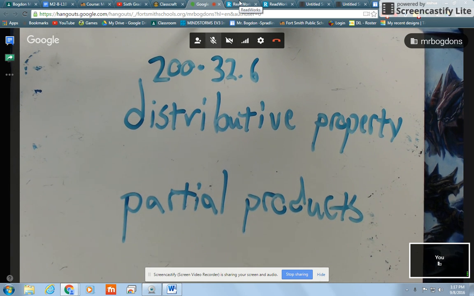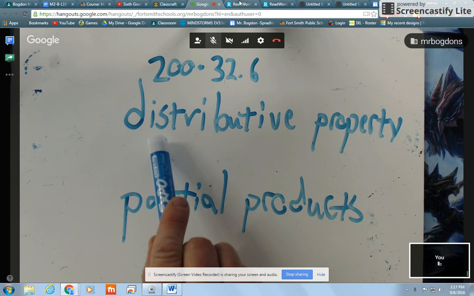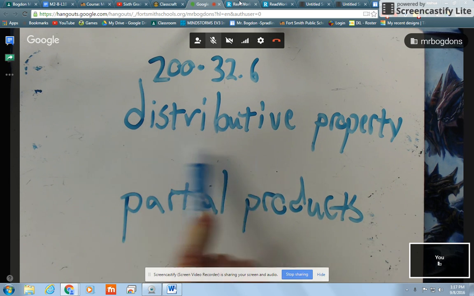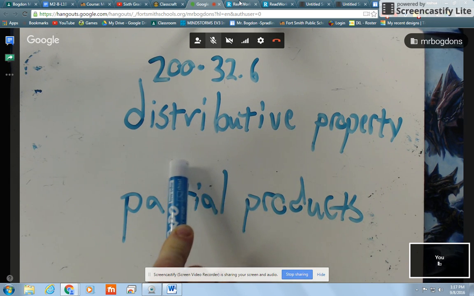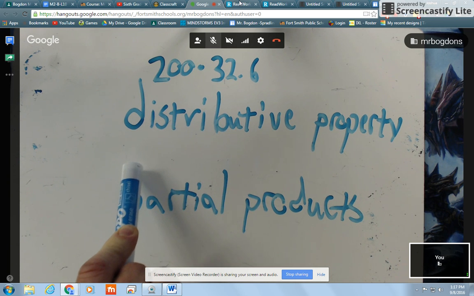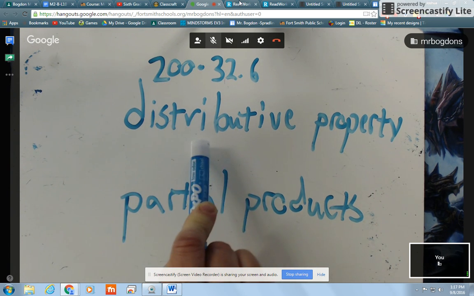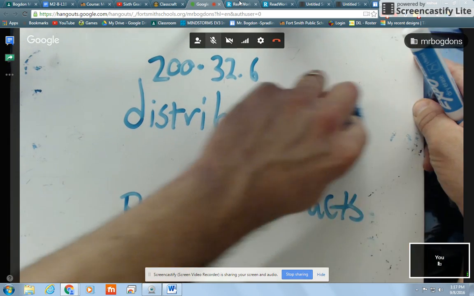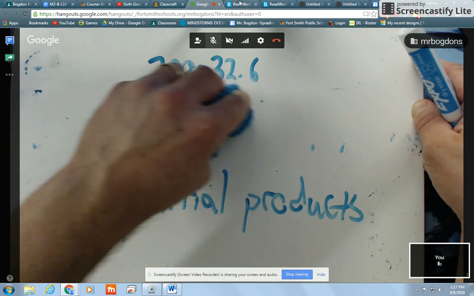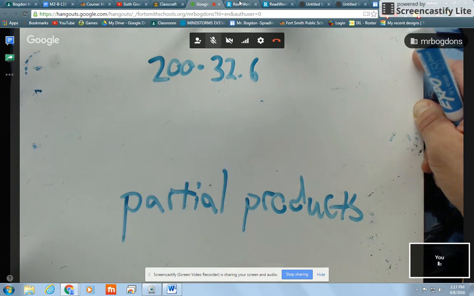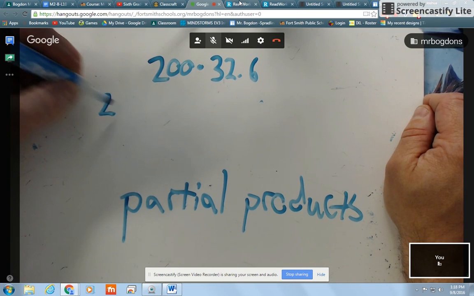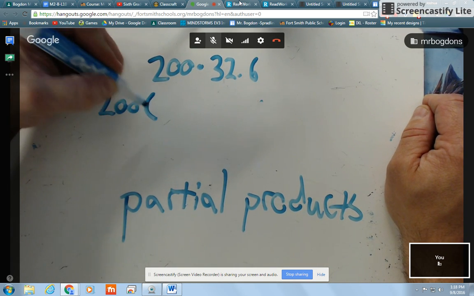So let's look at the words distributive property and partial products to give us an idea of what we need to do. What word do I see nestled here in distributive? What verb? If I wanted to pass something out, I am doing what? I'm distributing. So I know that using the distributive property, I'm going to pass out one of my numbers. And the number that I'm going to choose to pass out is my 200. So I can rewrite this as 200 times,